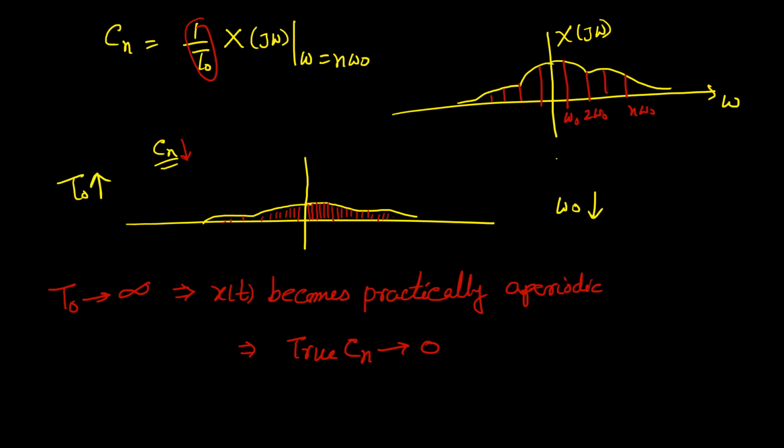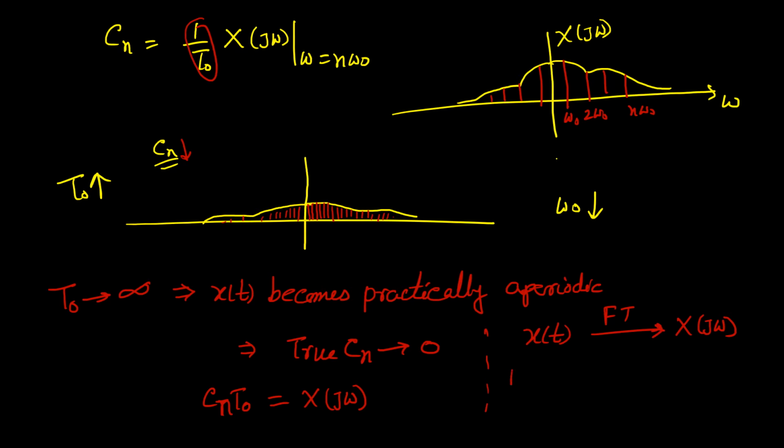It's implied that we are going to take Cn times T naught, this product, and that is your X of j omega. This is the Fourier transform we will consider for the signal x of t. This x(t) signal will have a Fourier transform, that is capital X of j omega,